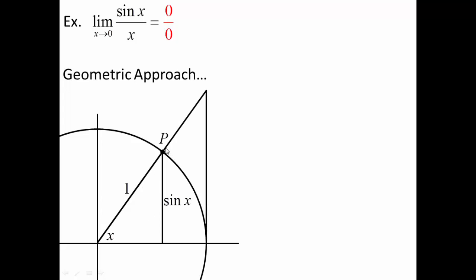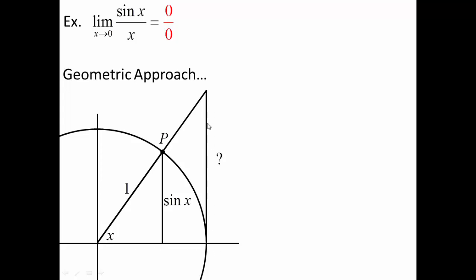Now this larger triangle is still going to go through point P, but it's actually going to go entirely outside the circle and then connect down here. I'm going to try to figure out the same information I did before, the opposite side of x, but this time it's not going to be the sine of x because the hypotenuse of that triangle is no longer 1. I actually have no idea the length of the hypotenuse of this triangle, but I know that it's definitely bigger than 1. But what I do know is that if this length is 1, then this length right here is also 1, which is going to be the adjacent side.